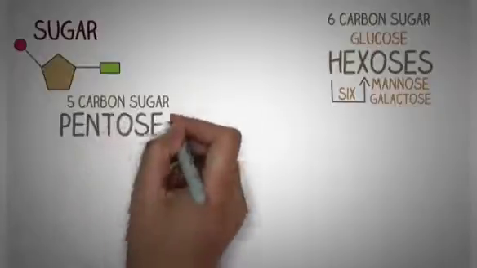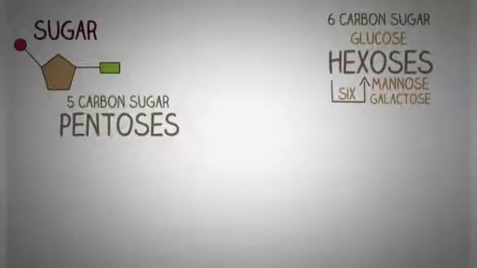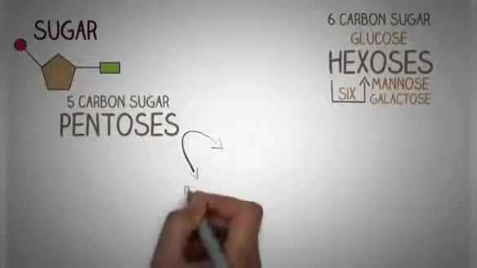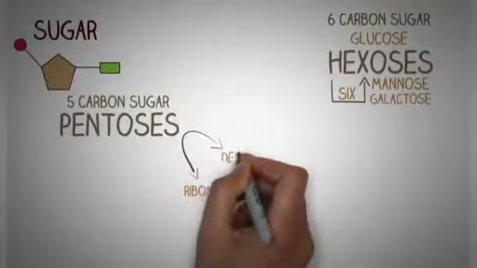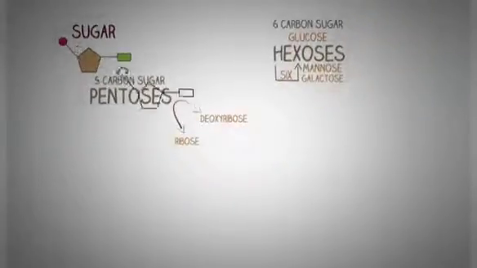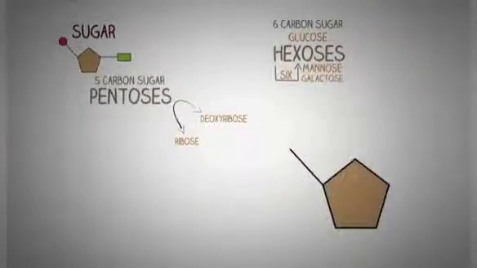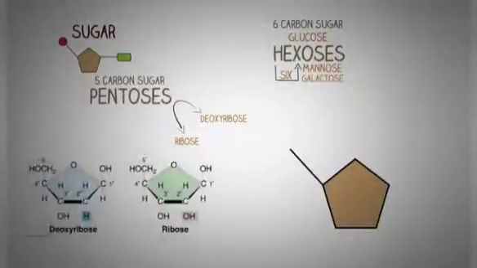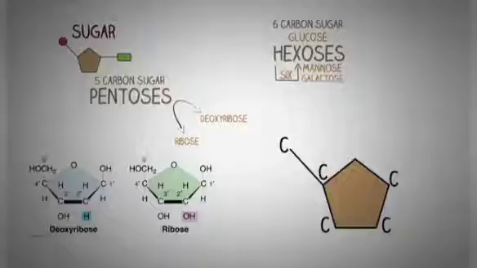Similarly, 5 carbon sugars are called pentoses, the word pent meaning 5. There are different types of pentoses in our body, but the two important types of pentoses that are present inside the nucleic acids are ribose and deoxyribose. Now this is a simplified structure of the sugar present inside the nucleotide. If we compare this structure with the chemical structure of ribose and deoxyribose on the right, you can see the structure clearly. We have carbon atoms on each of these corners. Note that the last carbon atom is located outside the ring.